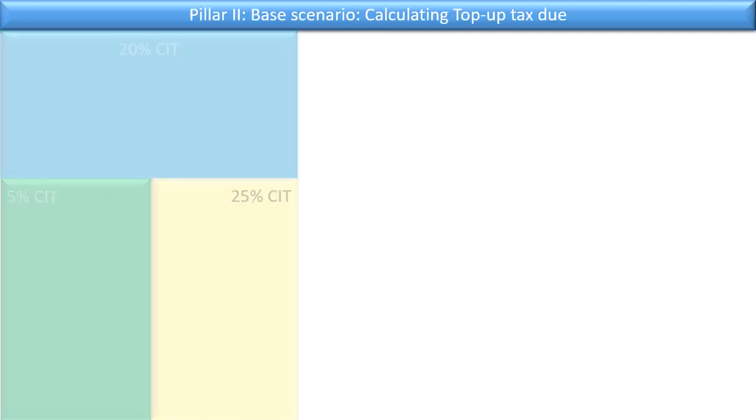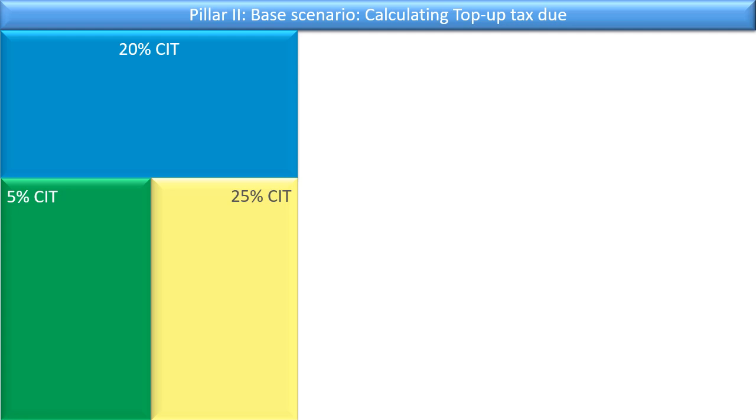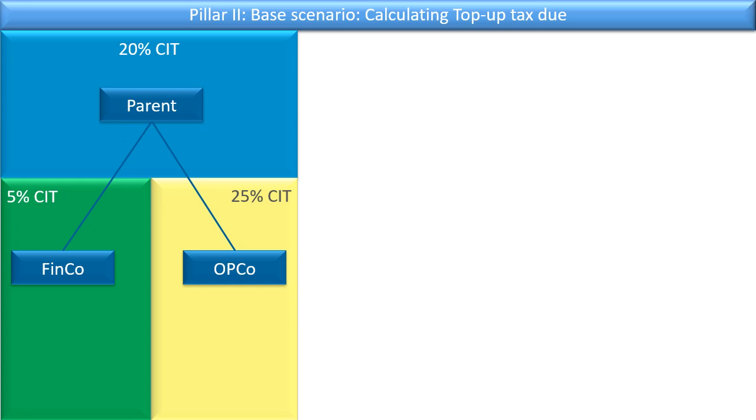We're going to have a very base scenario. We have 3 countries where we've got a 20% tax rate, a 5% tax rate, and a 25% tax rate, and we've got a parent company in the top. We've got OpCo in the 25% country, and FinCo or Financial Co in the bottom, and there's interest payments going